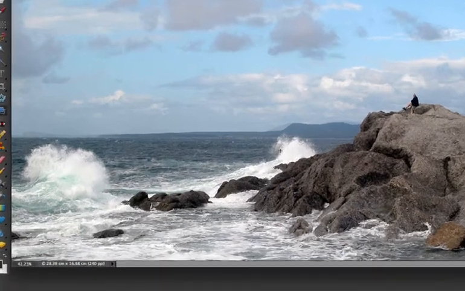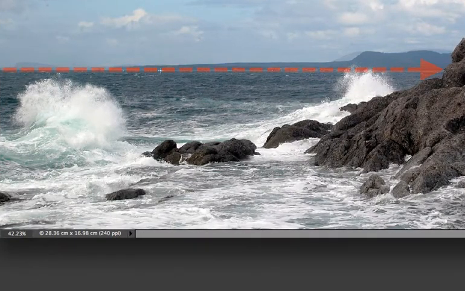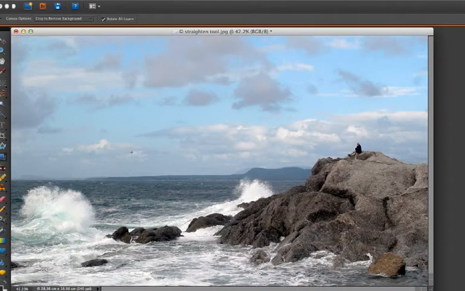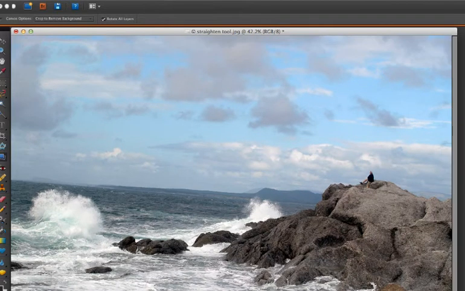So as you can see, my horizon line is nice and straight. It doesn't look like the ocean is trying to come down the hill. And I think it's a good option. But let's have a look at the third option anyway. So again, we're going to go up here, choose the third option. So this is crop to original size. What happens here is Elements makes sure the dimensions of your photo stay exactly the same, even if it means